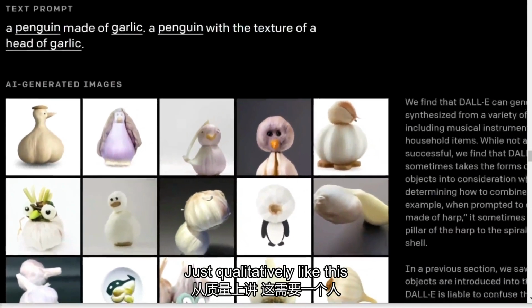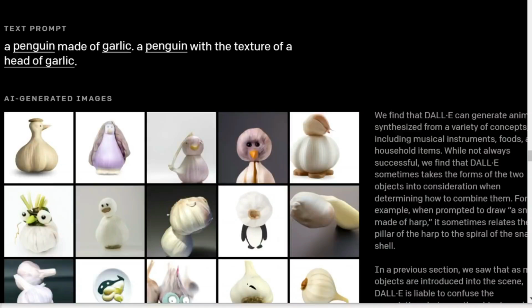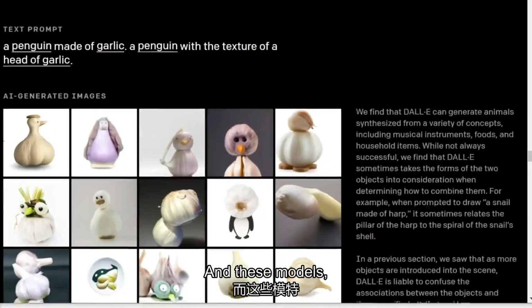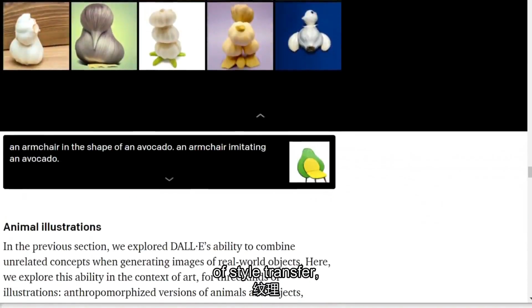And just qualitatively, you would pay a high quality, highly educated Photoshop artist quite a bit of money to get this sort of output, right? And these models shine at this sort of style transfer,